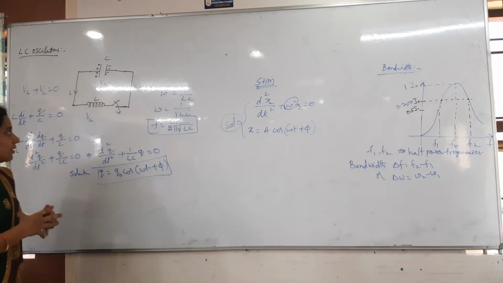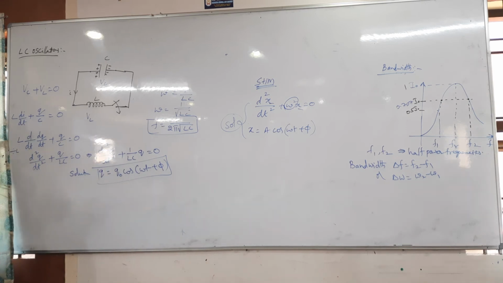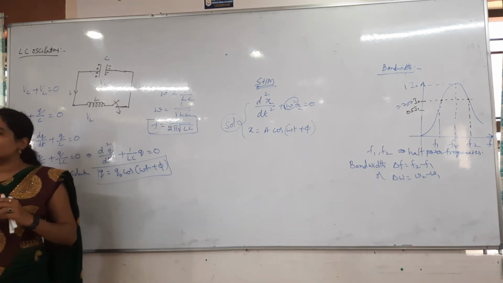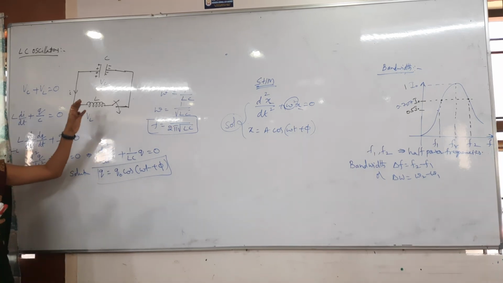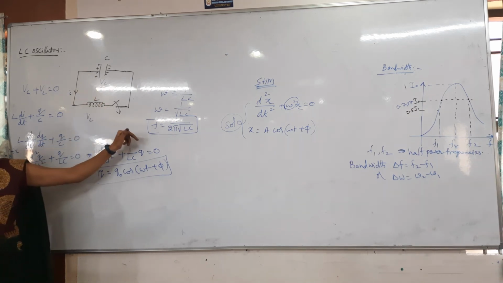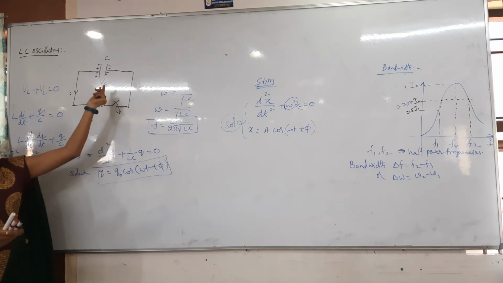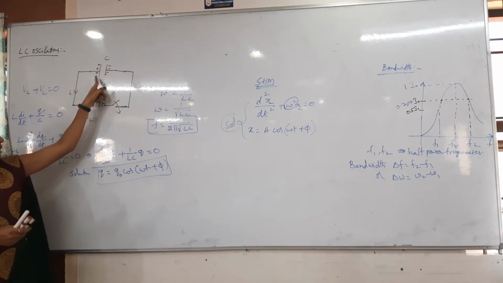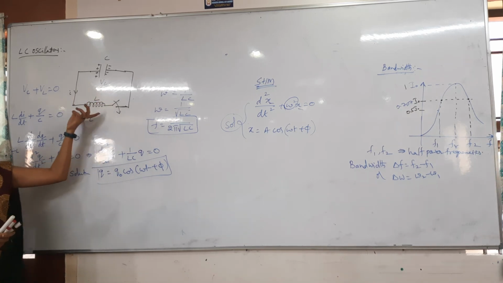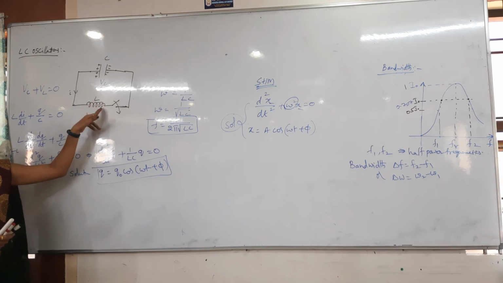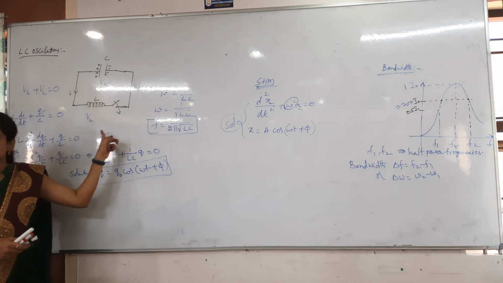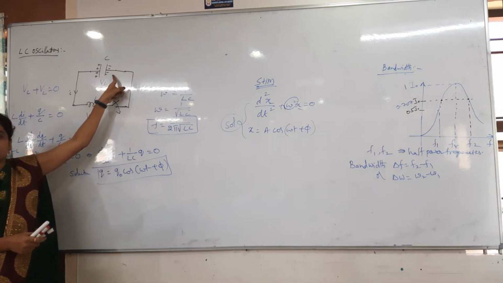So here listen again. LC oscillation is nothing but, whenever I have taken the capacitor and inductor circuit, at that time current will be oscillating in between them. So here first of all I have connected a fully charged capacitor with an inductor and then I close the switch. Then what happens, immediately the capacitor starts discharging. It is discharging and sending the current to the inductor, and the current passing through the inductor generates a voltage in it, and then the current goes to the capacitor again. So first it was discharged, now it is charged, again it is fully charged.